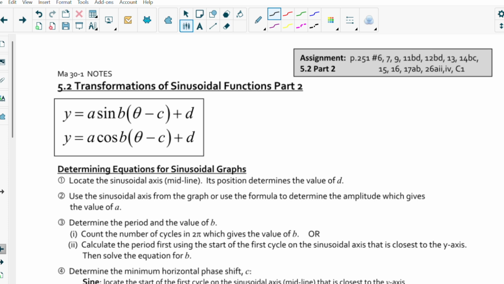Okay, 5.2 transformations of sinusoidal functions, part 2. Okay, so let's think now about determining equations for sinusoidal graphs. Okay, so remember this is our general form